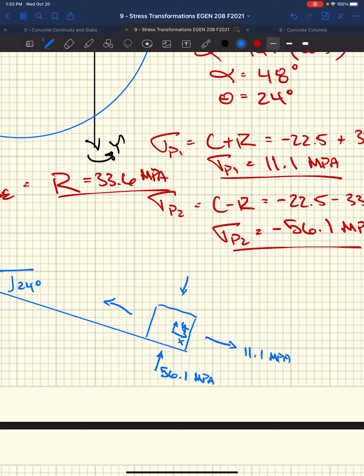So if we cut a plane across here, right? We get rid of these. Because if we have half of this square, right, we know what the principal stresses are. We're going to have maximum principal stress of 11.1 megapascals, minimum or a sigma P2, 56.1. Okay, and if we cut,